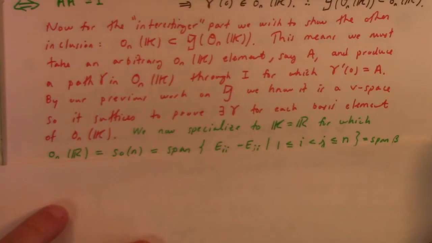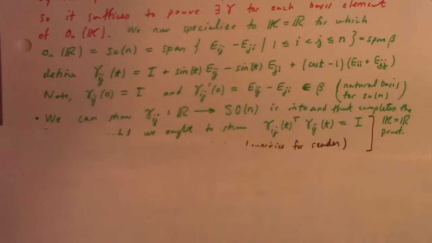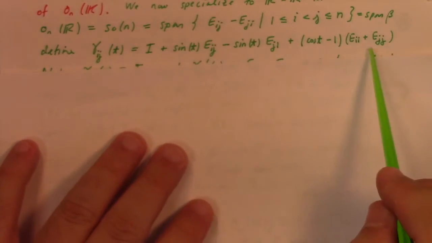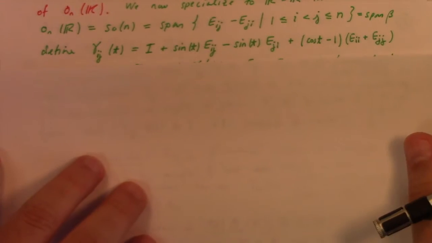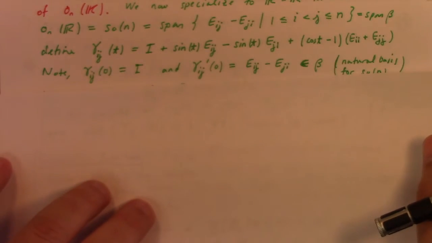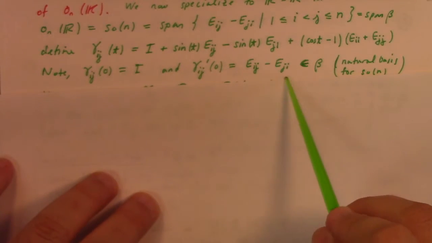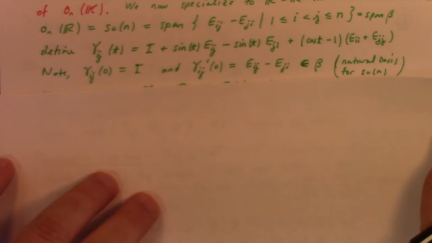So we'll prove this case-wise, K equals R, for example. This curve works. If you look at gamma ij of t, I won't go through all of the details, but you can easily check that gamma of 0 is I, and gamma prime of 0 ends up being e_ij minus e_ji, which, by the way, are the generators of the Lie algebra of